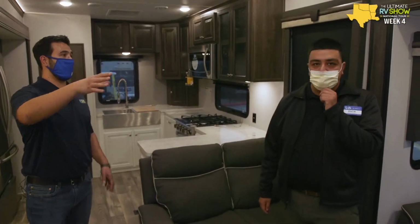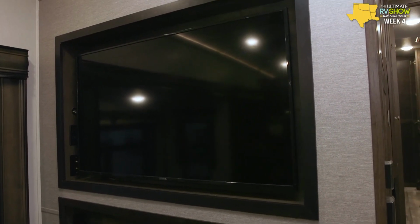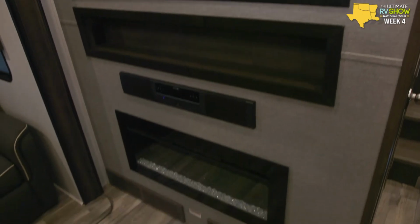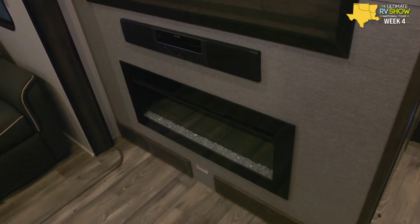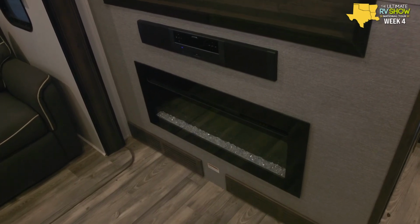So this is the entertainment area. So everyone's sitting around, we're having good conversation. What if we want to watch TV? Got a nice big TV there. You get the big TV, you get that sound bar on the bottom, so you definitely get that surround sound if you want to watch movies or maybe there's a game going on. Love it. And there's also that electric heater on the bottom